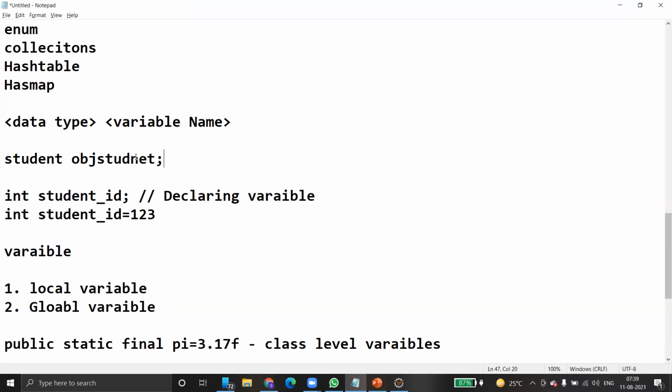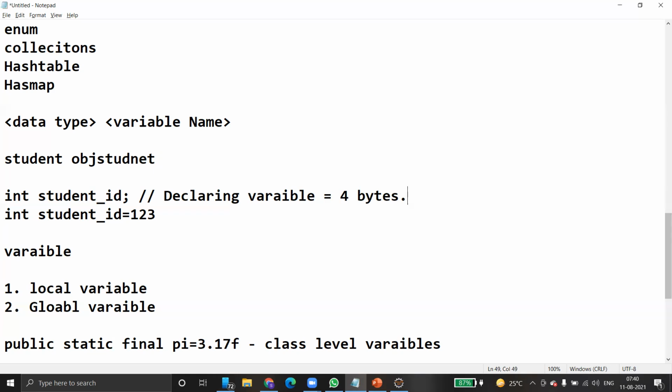That means obj student is what type? It is a type called student type. But what type is student? Actually, it is a class type. It is not an integer or float type. After that, what do you need? If it is an integer, Java has a built-in mechanism. It automatically allocates 4 bytes. Four bytes of data get allocated to integer type in Java. Float means 8, long means 16, character means 1 byte, and so on. From data type to data type, this memory allocation will vary.